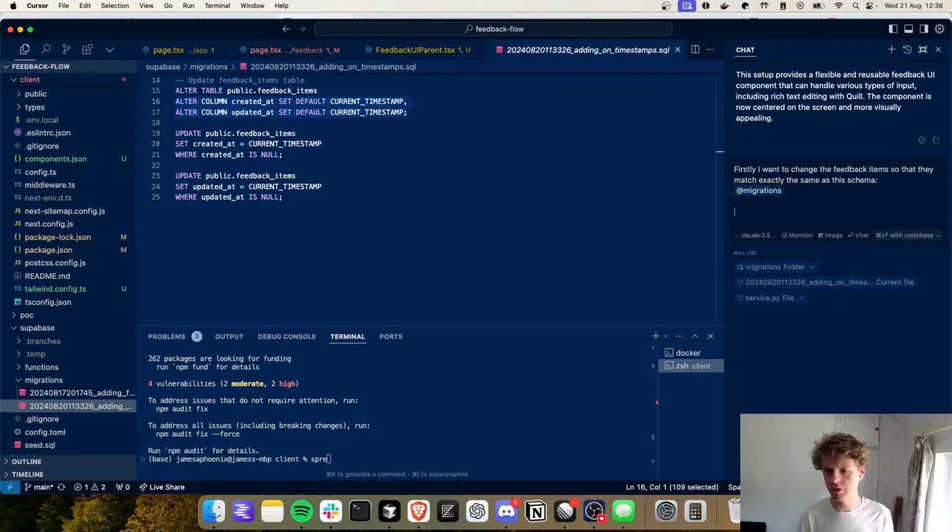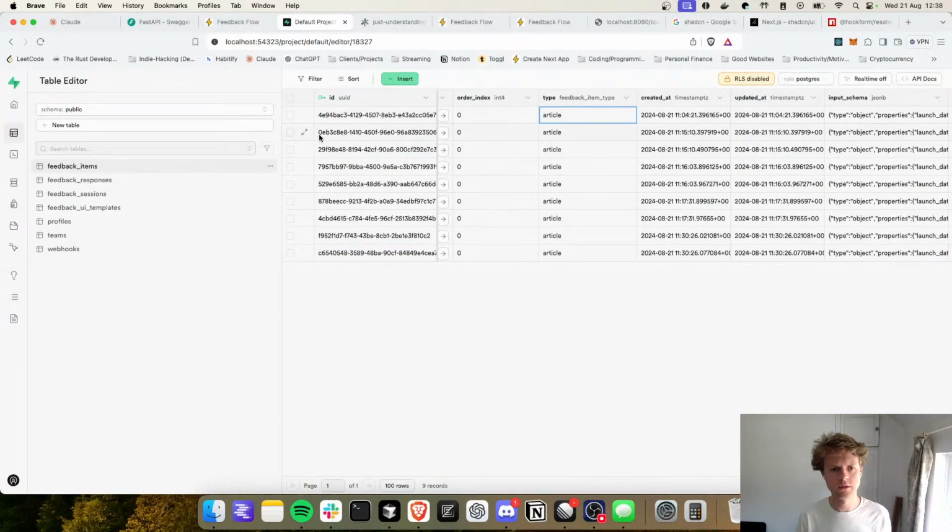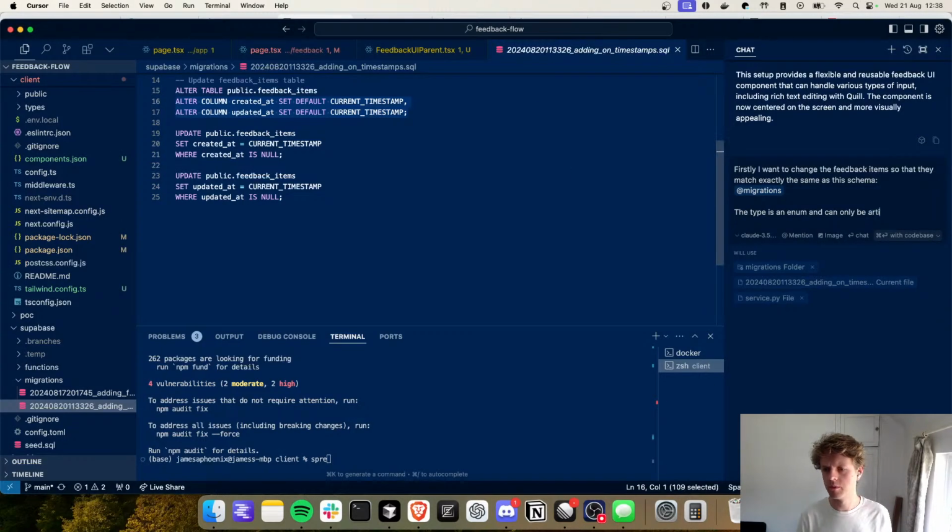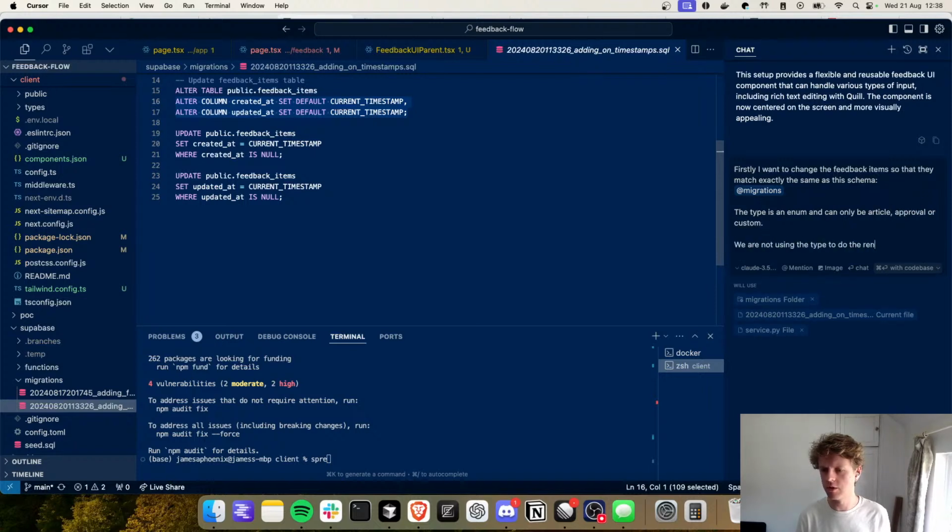Hold on, we'll cancel and say the type is an enum and can only be article, approval, or custom. We are not using the type to do the rendering of different UI